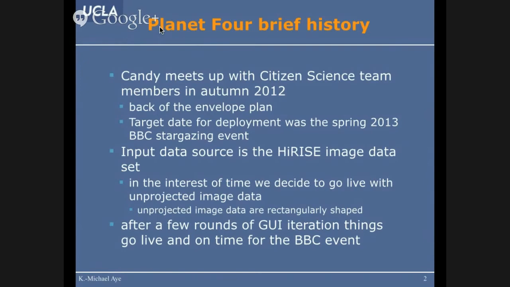So yeah, after a few rounds of GUI iterations, things went live, and we had huge success with this first BBC event. By the way, one of the things how we, or me personally, got interested in this,